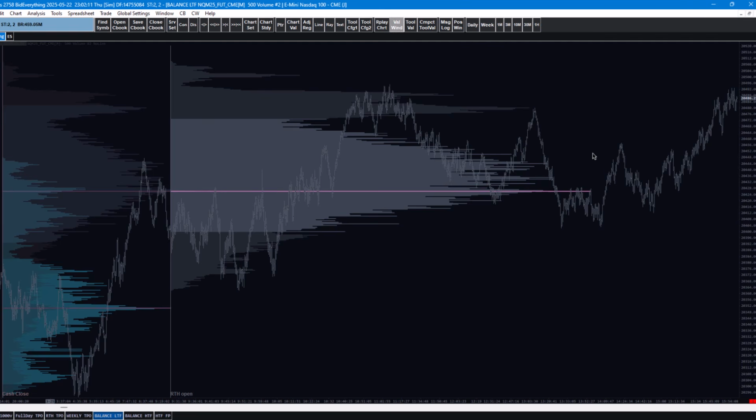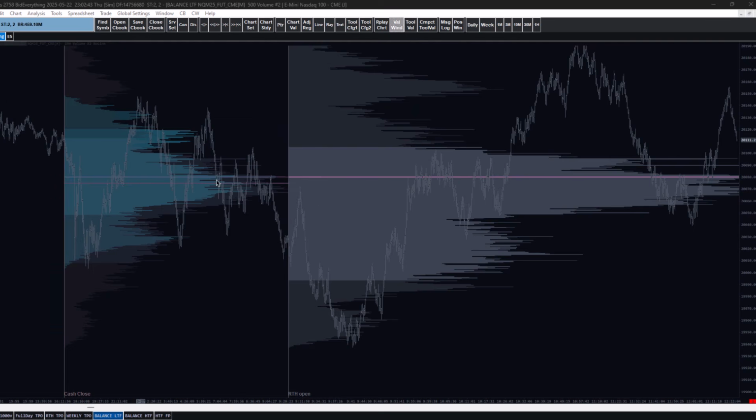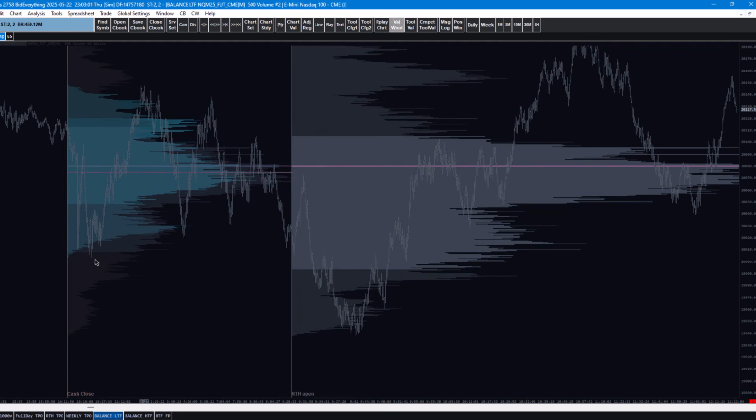Now let me try to find an example of overnight being 100% long or short. I went a couple days to the right, but this is an example I just wanted to go over. This is a hard, just overnight, straight up balance profile, like perfect balance here. Okay, so we opened at the bottom of the balance, obviously. So your bottom of the balance, you could be looking at, I'd say, something like this as the bottom, right? This low, you want to be looking at the low, and maybe that, all right? Kind of large, but overnight